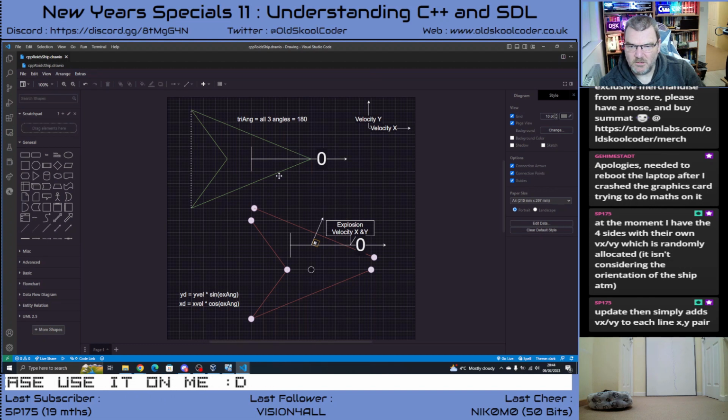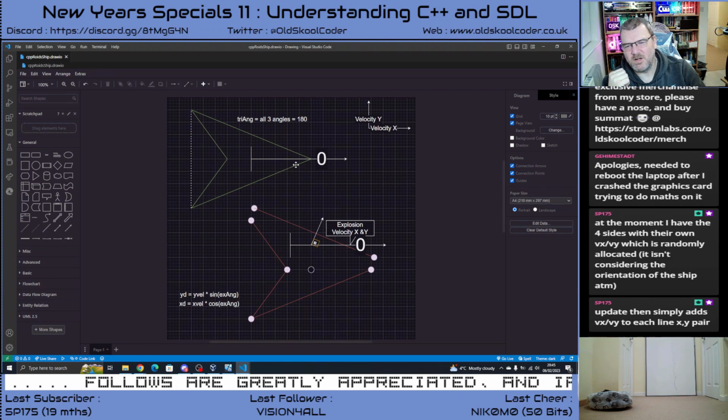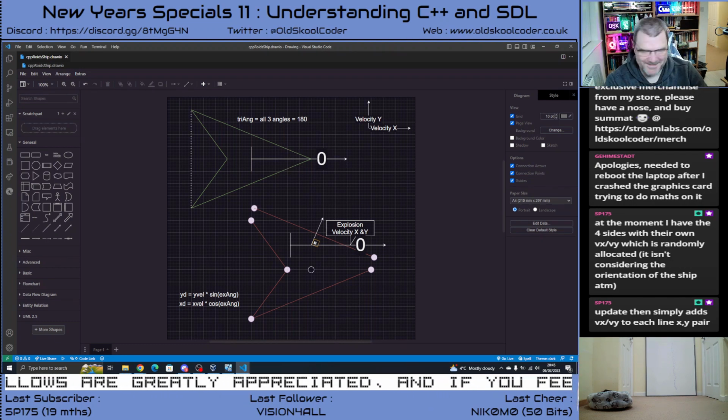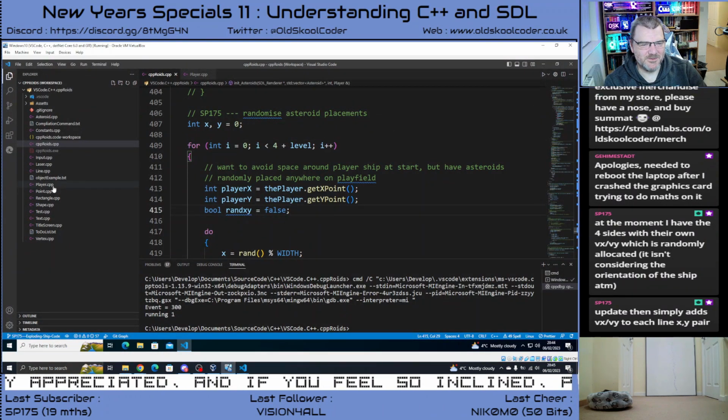So this angle, and this angle will all add up to 180, yeah? Now, because it's an isosceles triangle, all the sides are not the same. So it's not like, what's the other one? Equilateral triangle? 60, 120, 180. Yeah, where all the angles are like 60 degrees. So we have to work out how we've done this. Hang on. How do we draw the ship?